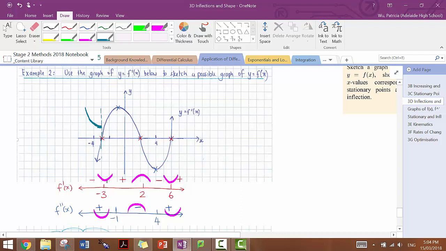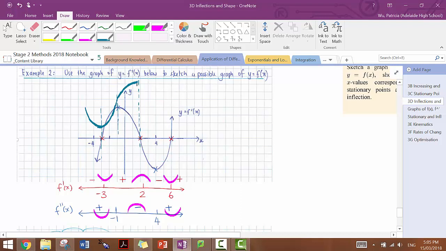And then it will start to go up, still maintaining that convex curvature, until it reaches x equals -1. And then at that point, it changes its curvature into a concave, and then it keeps going up until it reaches a local